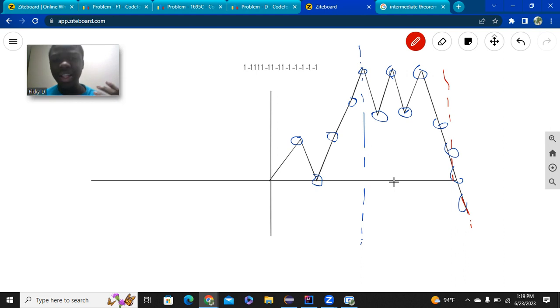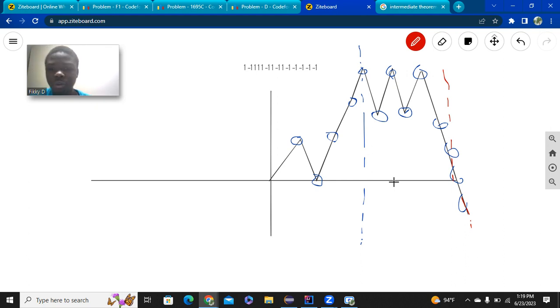This should be obvious now. If you were to plot this, you could easily see that it's continuous, because you transition between integers only by ones and negative ones. That's literally just the definition, right? An integer can be represented by ones and negative ones, so you can just see it's continuous. And so the idea is that you cut where the max occurs, and you cut where the min occurs, and then you can say you can achieve every single value in that range.